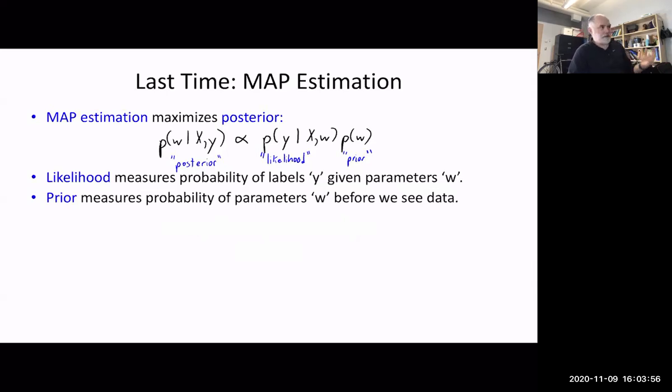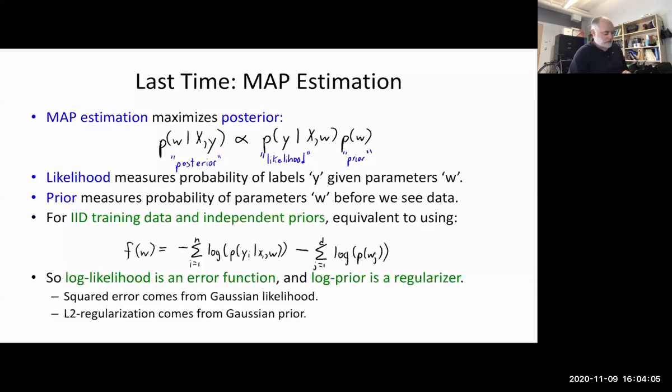The likelihood measures the probability of the data given the parameters, and the prior measures the probability of the parameters before we see data. If we make an assumption about IID training data, and make an independent assumption about the dimensions of our parameters, i.e. an independent and identically distributed assumption about the individual parameters,